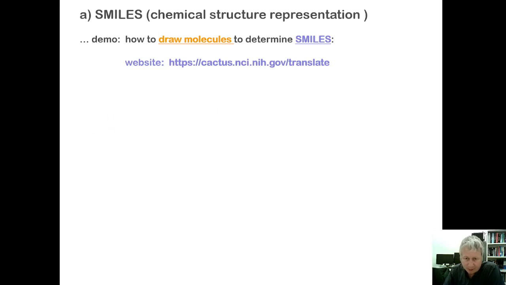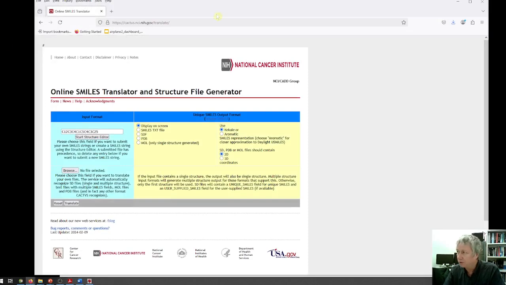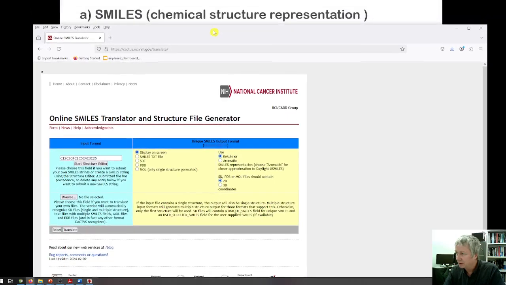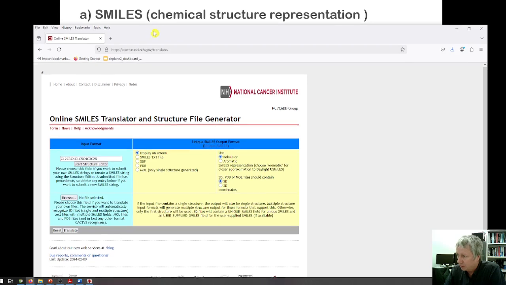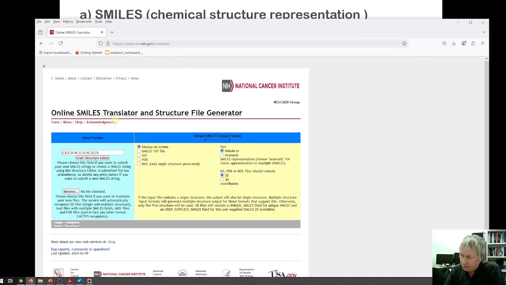All right. So I'm going to go to my PDF off the screen. I'm going to copy this link, and then we're going to go to it and try it out. Opening up a browser. Actually, here it is, right here. It's the Cactus NCI.nih.gov. Okay, so in order to do this, we need to press the start structure editor button,